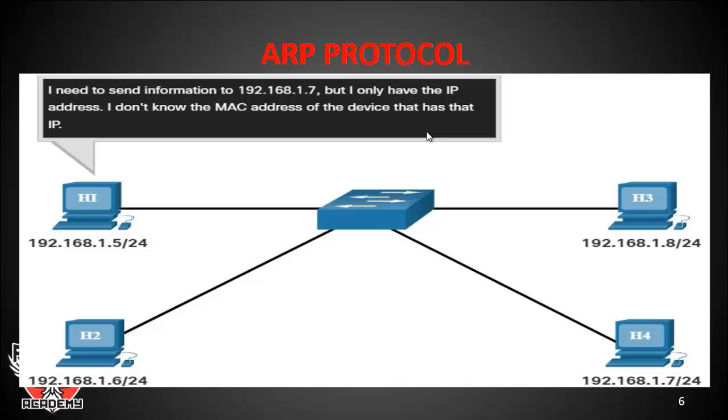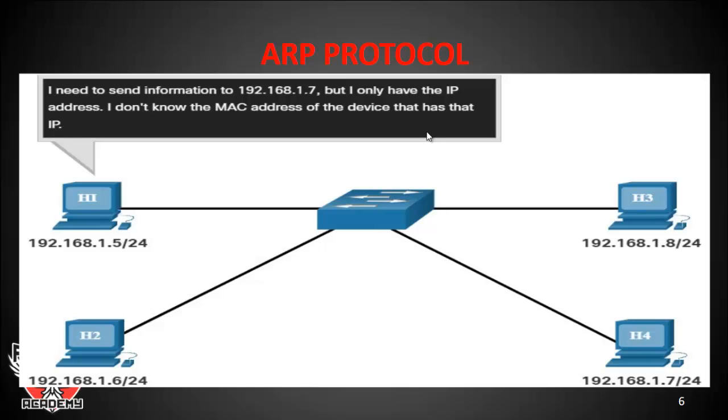So now, using the ARP protocol, it will send a request for the MAC address of the device with 192.168.1.7, but it is going to be a broadcast message so that all the devices H2, H3, H4, all of them will get that particular ARP broadcast message. But only H4, which has the address 192.168.1.7, will respond to device H1,